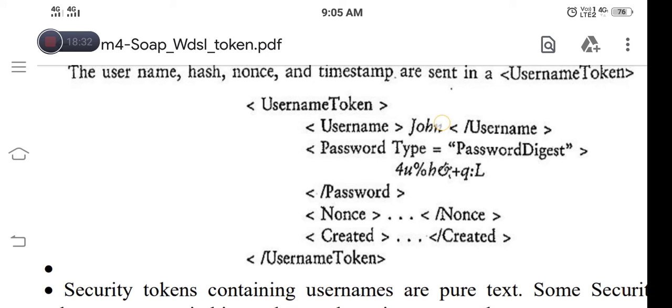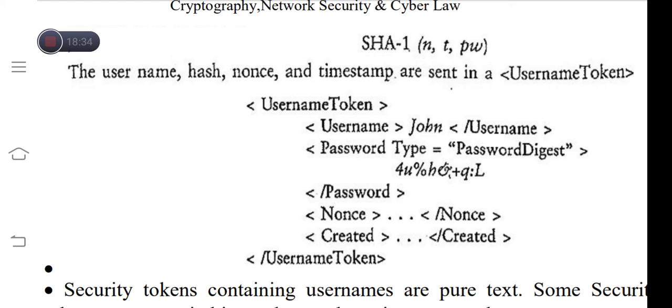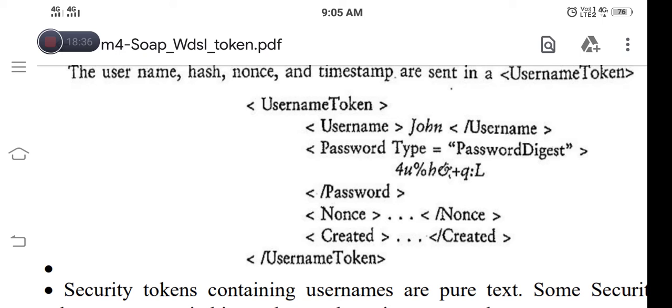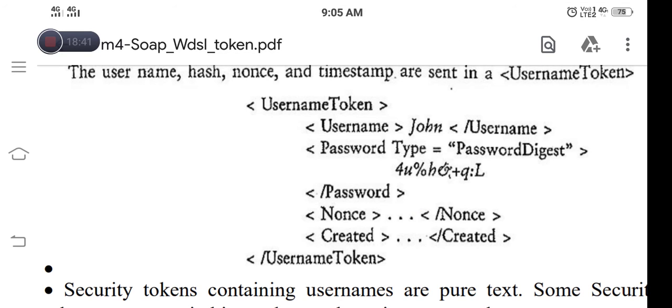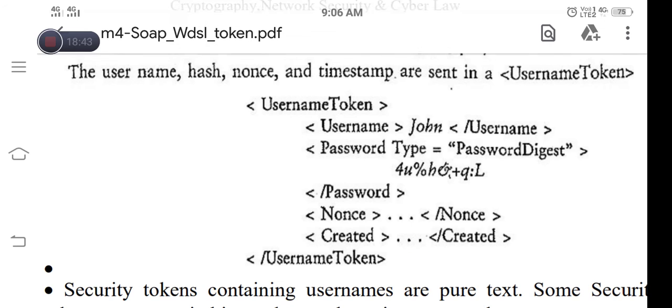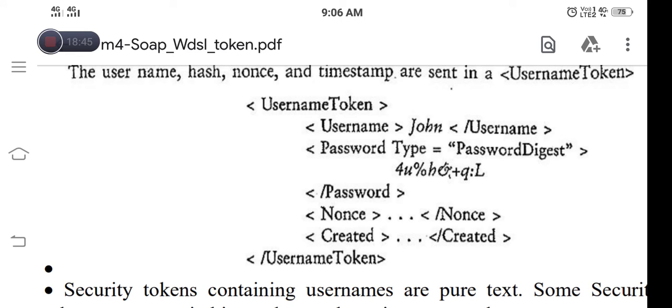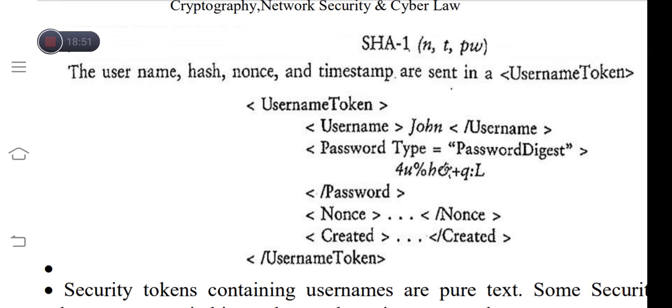The username is John, the password type is also given with respect to the user, and the nonce values can be mentioned here, and the time at which these values are generated can also be mentioned, that is the timestamp. Created here is nothing but the timestamp information.